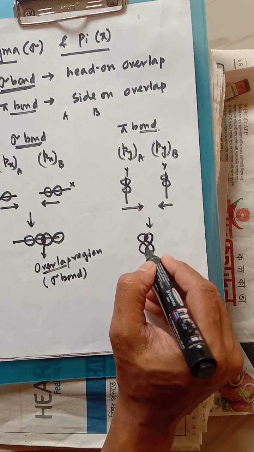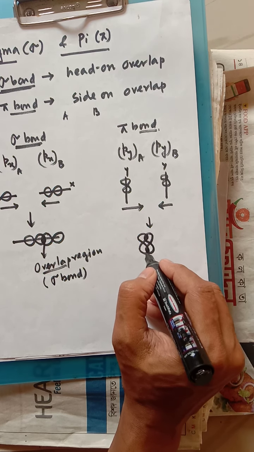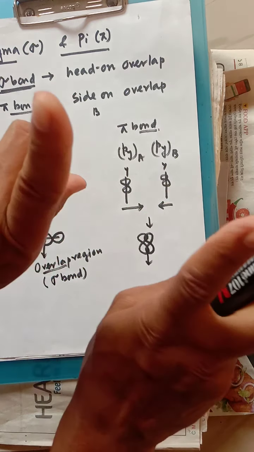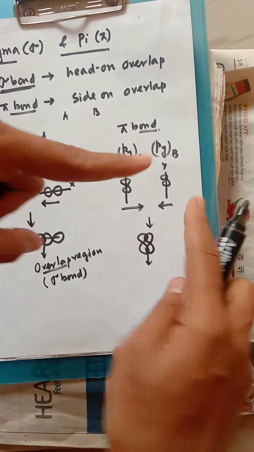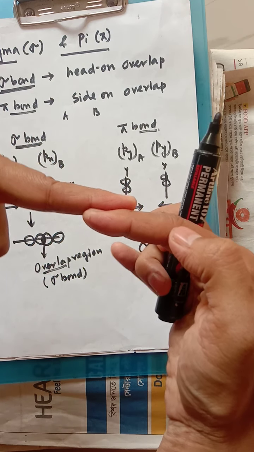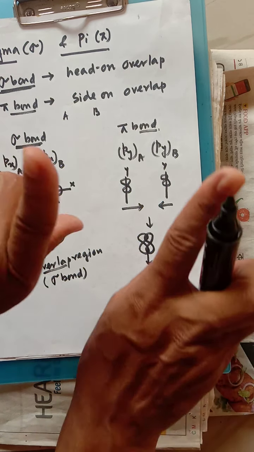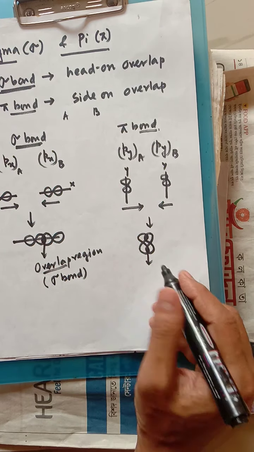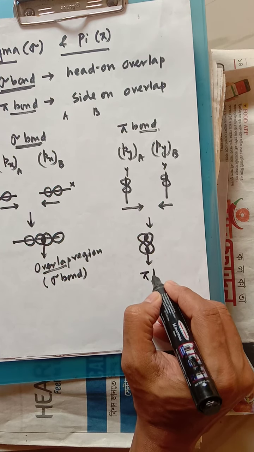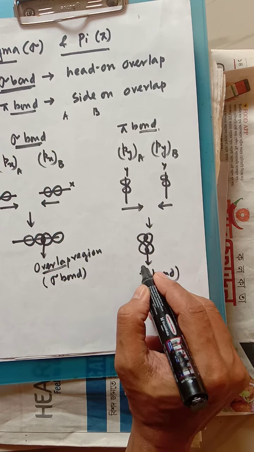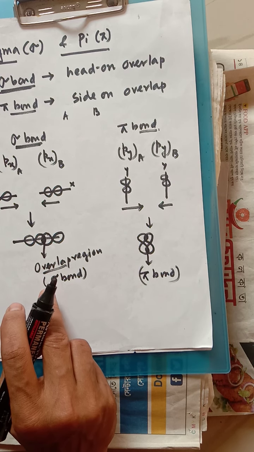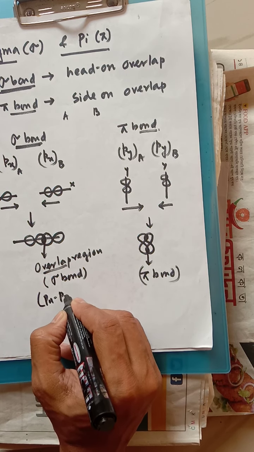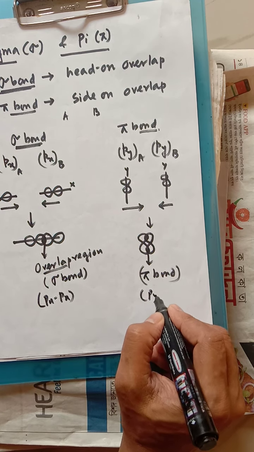Okay, hope that we have understood this one. So this is the overlap region, and whenever the overlap is this way, that means sidewise overlap. Whenever it is head on overlap, it will be like this. Whenever sidewise overlap is there, it is like this. So it will be a pi bond, and this is a sigma bond. We can say px shows a sigma bond, and py